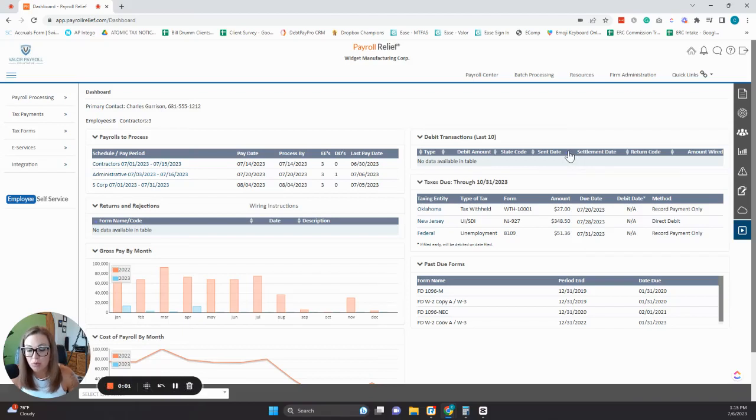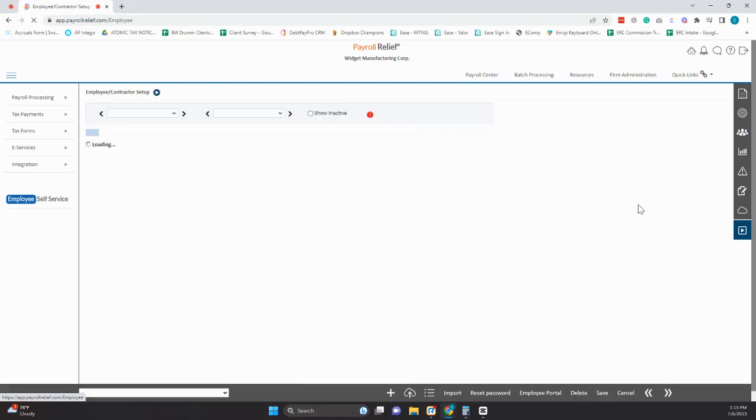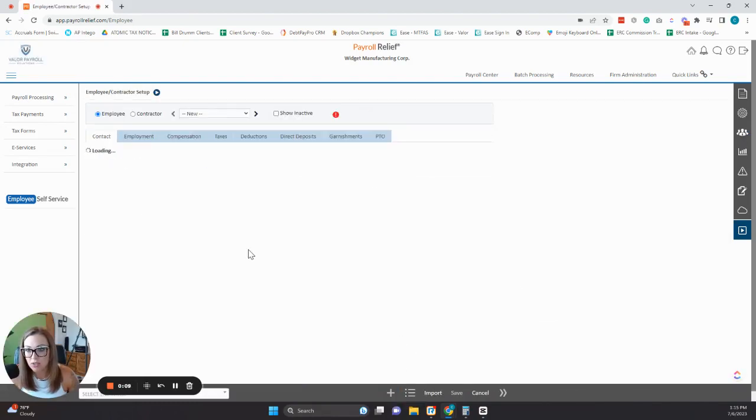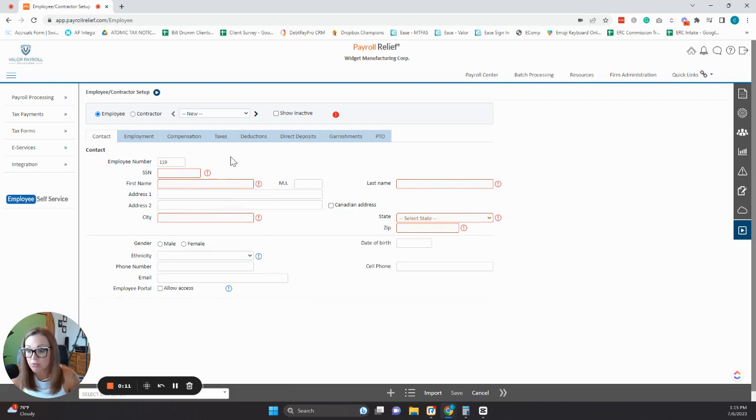To set up a new employee, log in to PayrollRelief and go to the employee menu on the right-hand side. At the bottom of the screen, click the plus sign to create a brand new record for you to fill in. You're going to start by entering the employee's social security number,